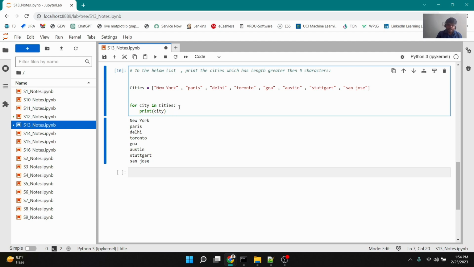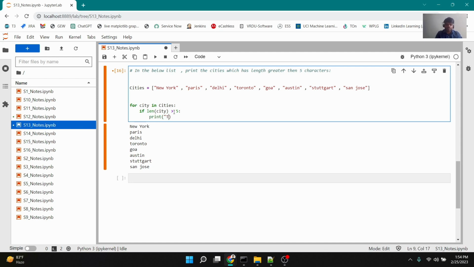Now what do you do with them? You can take a decision. To take a decision, what keyword do you use? I can take if length of. So what is this length function? The length function gives you back the length of that particular content. So if it is New York, this length will be given to you as 8. Okay, if it is greater than 5, because this is the logic that we want, I'm going to print the length is greater than 5 characters for the city,